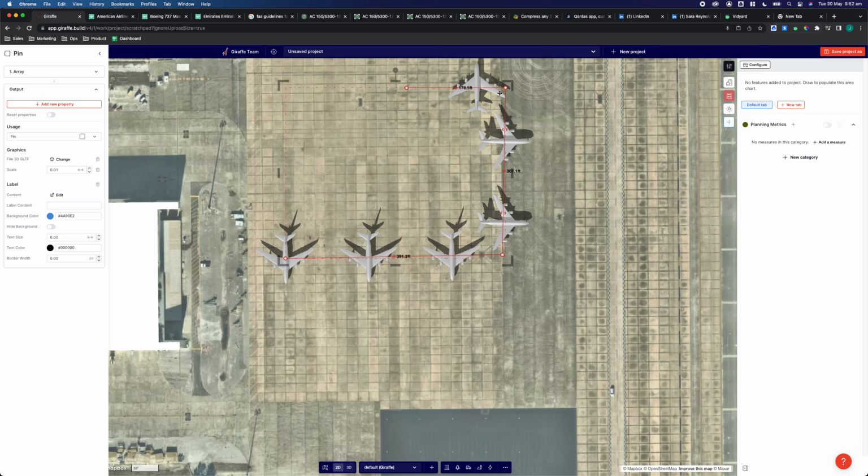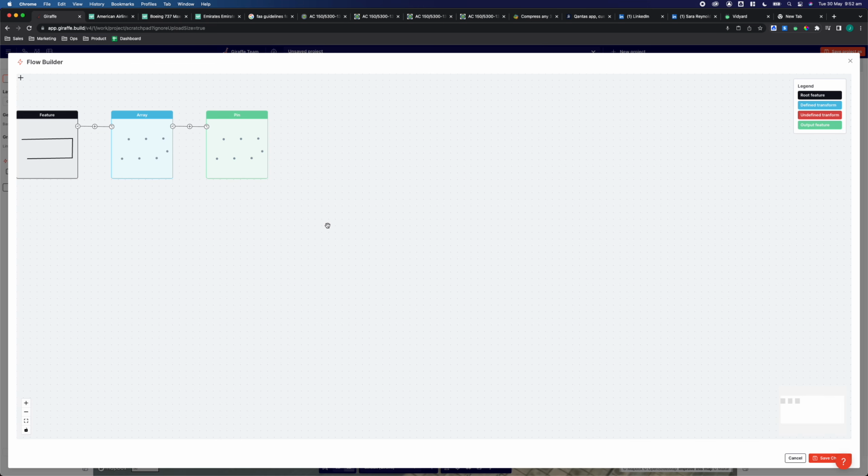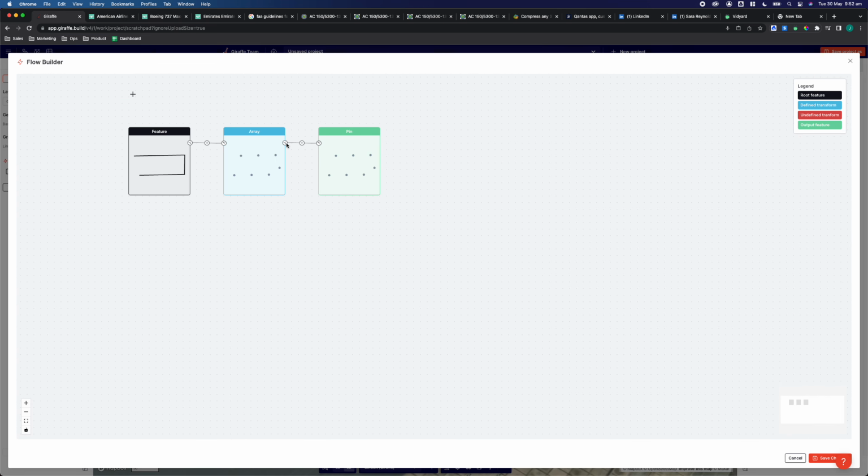So if we were to move this around, you can see obviously it's trying to fit things in. We're trying to plan out the optimal use of this space. But maybe I want to give myself a few more helpful guidelines based on what the FAA say we need to have from tip to tip. So if I click on this, one of the things I might want to do is just create a new output from the array